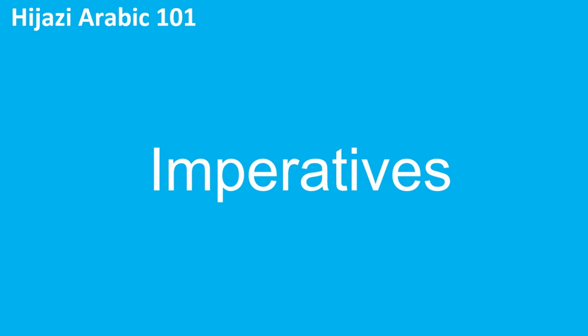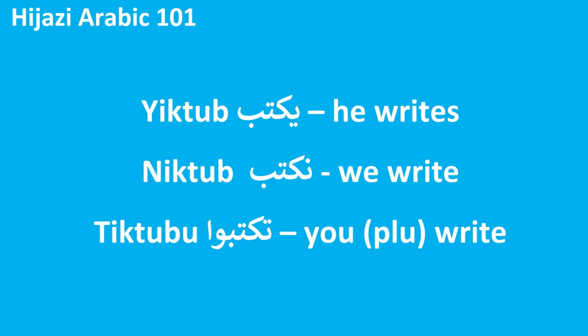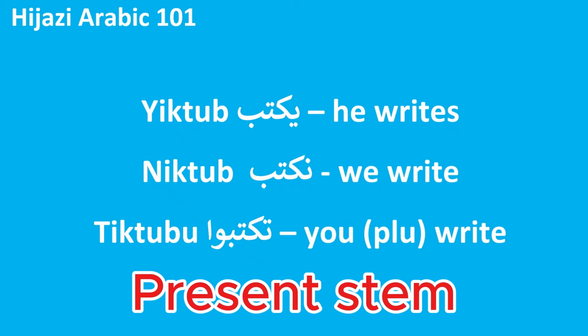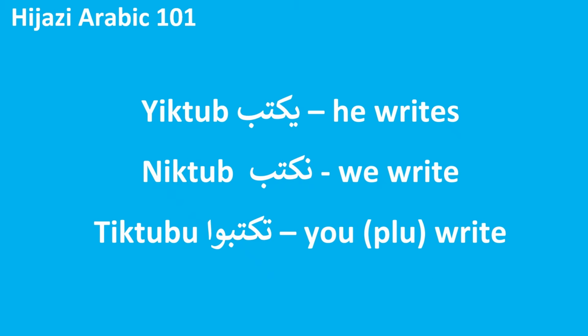يعني we'll be talking about how to tell someone to do something, how to give them an order or a request. But before we talk about that, I need you to be familiar with the concept of present stem. Present stem, it's basically the present tense form without the prefixes and suffixes that tell you who is doing this